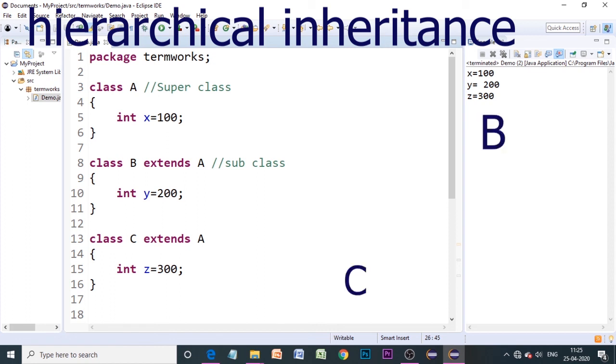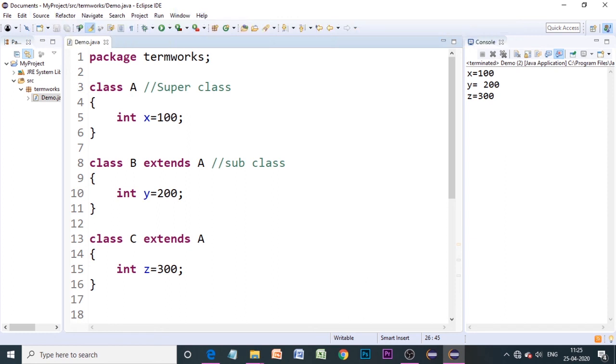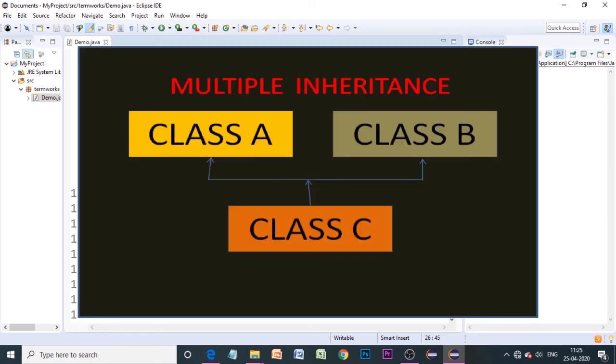We do have some other types of inheritance, for example multiple inheritance. In case of multiple inheritance, there will be a class which gets inherited from more than one base class, which is derived from more than one base class.